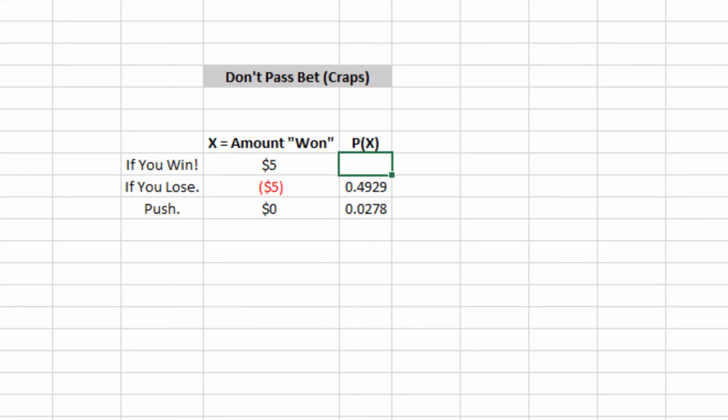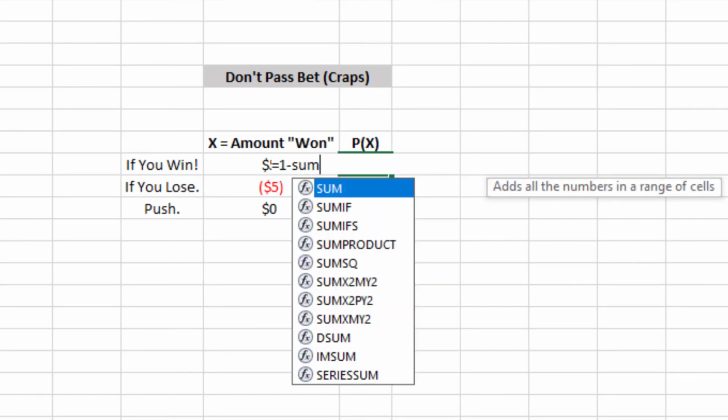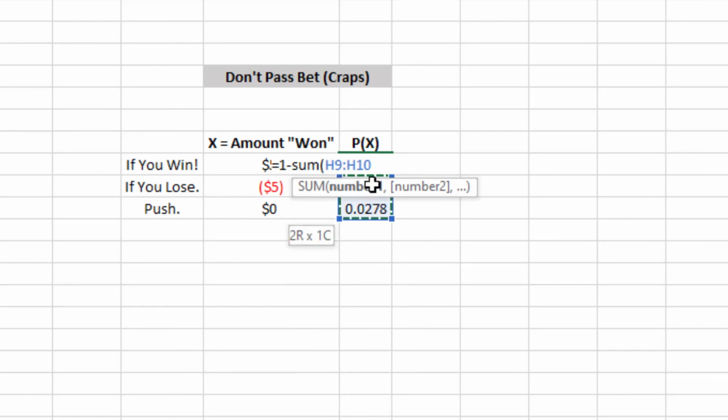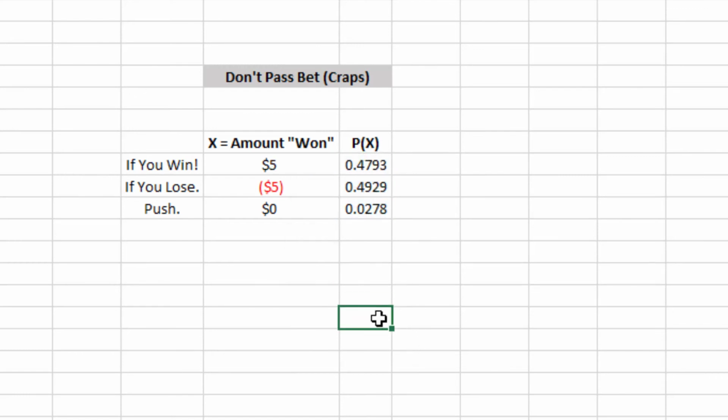That means the actual chance of winning on a don't pass bet has to be whatever's left after this, and that is why Vegas is happy right there. Because that probability is less than 50%. And since the payouts are even, well, let's look at the average. What is the average going to be? We've got to do the X times P of X column once again. We have to do the X times P of X column because that's how we average a probability distribution, and this is the number that Vegas keeps in its mind.